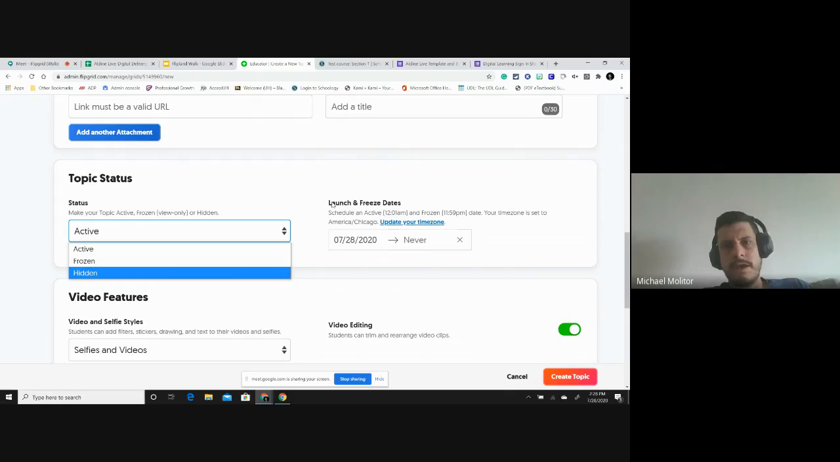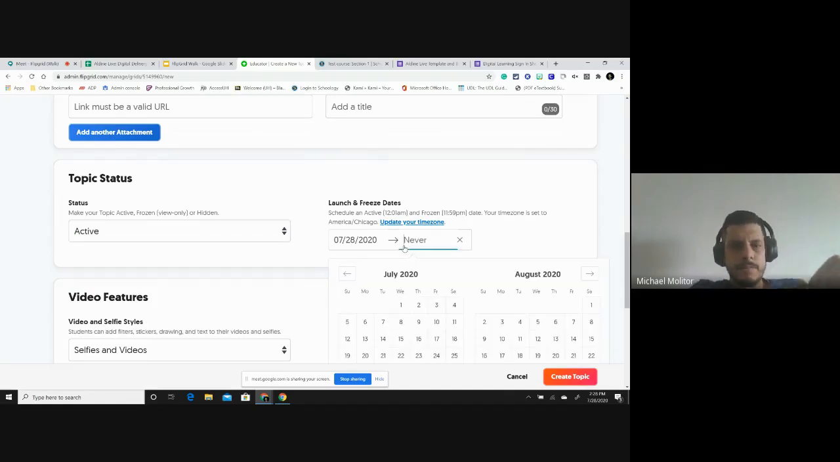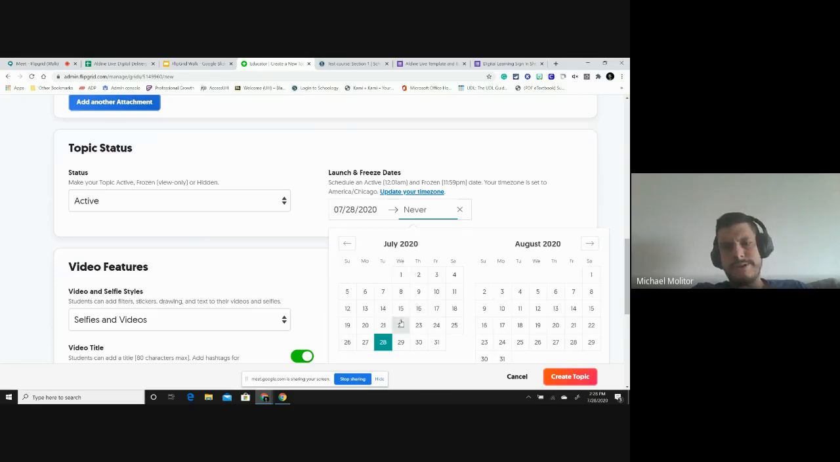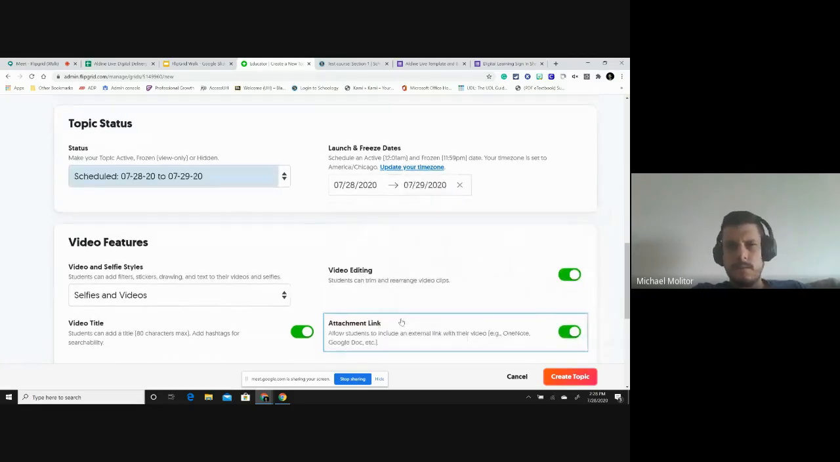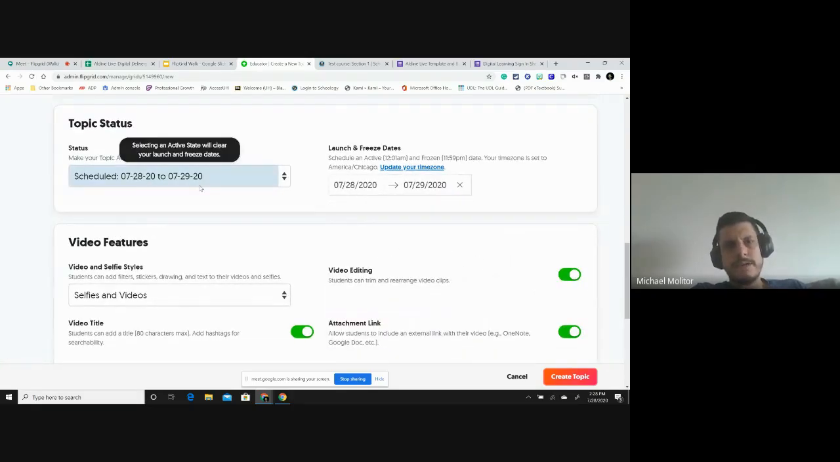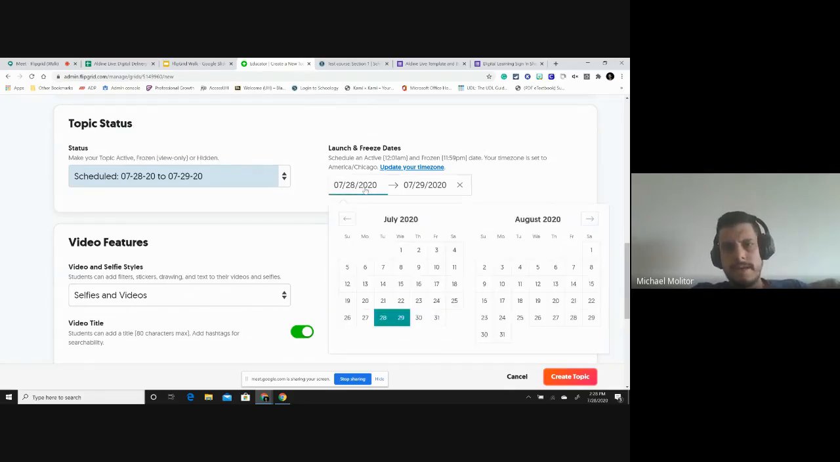Now, the launch and freeze dates. If you are setting topics ahead of time, you can do that. You can go ahead and click on the chart in terms of when you want to start it, right? If you don't want to put a freeze date, meaning this is the last day you can respond to it, then what happens is, let's say I want to start on July 29th, right? Or it's scheduled to be only active for 2 days, but I don't want to do that. The only thing I want to do is just leave it alone,